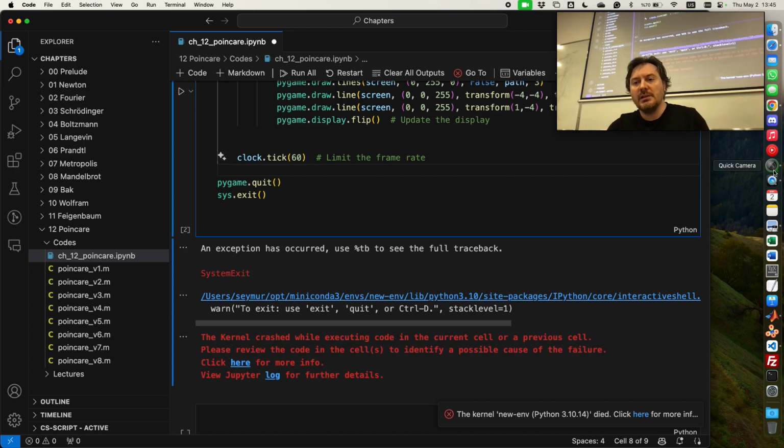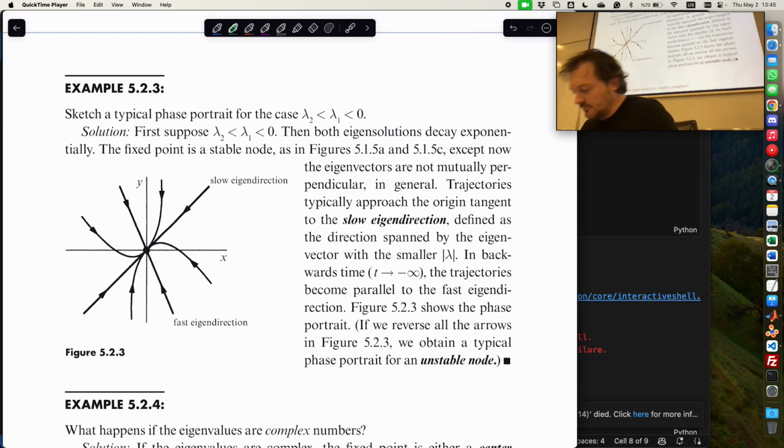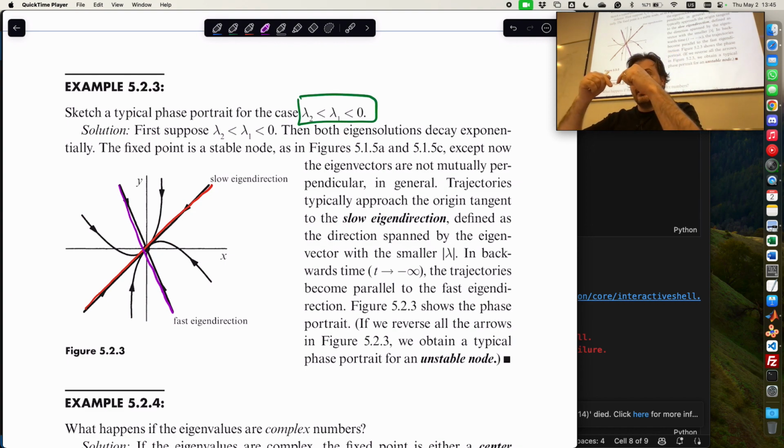So this is just one thing that can happen. Many things can happen. For example, what if both lambdas are negative, and one is smaller than the other one? Then you will have corresponding eigenvectors. They will both be attracting, right? But one will attract slower than the other one, depending on lambda, right? So for example,